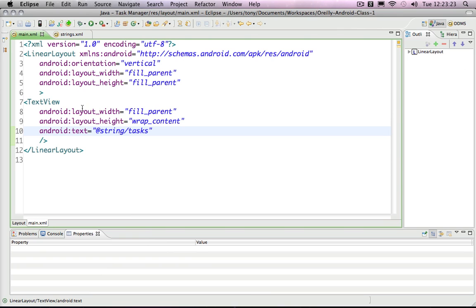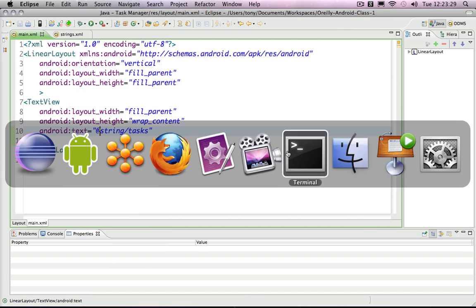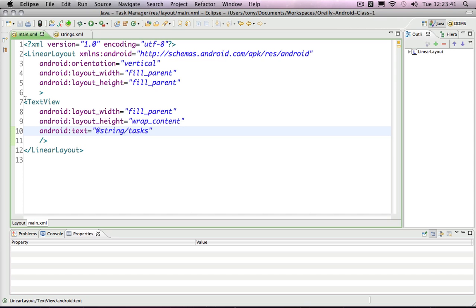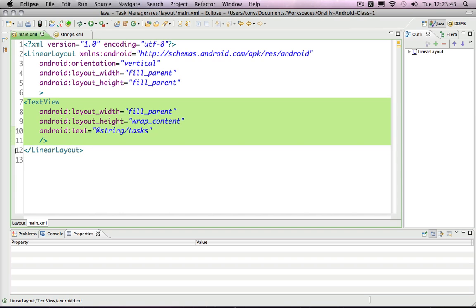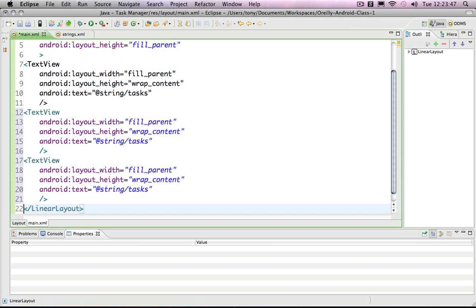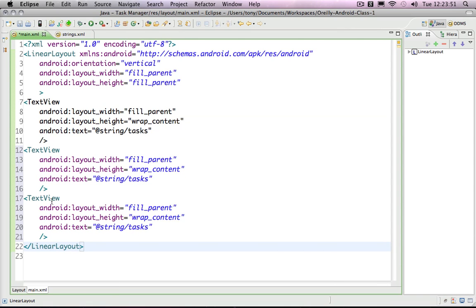Okay, now we have a new label to sit at the top. But if we look at our comps, we want to have underneath that another text area, and we'll just start with a text area for now, and then we want to have a button underneath. So let's add those two things quickly. Text view, just copy and paste that because we want two, and then at the bottom of that we want a button,